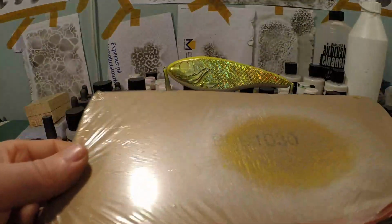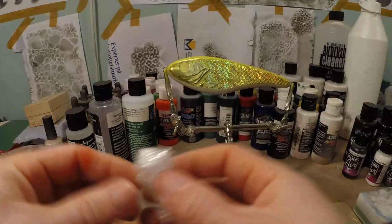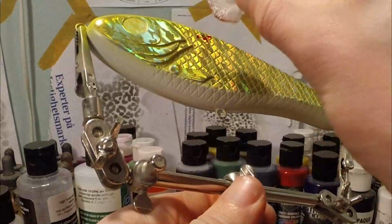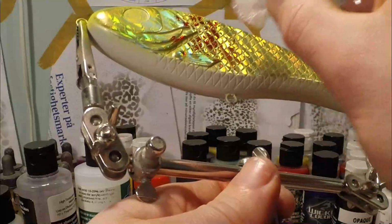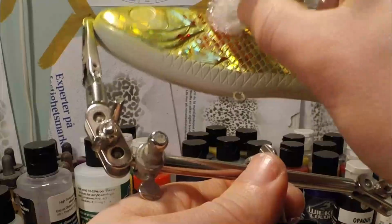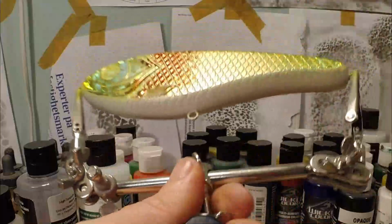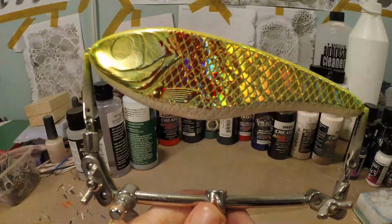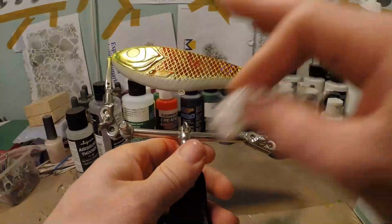Right, so first I spray some paint on this. Very heavy coat. I just dip this, and then we start. And as you can see, everything in between the scales hasn't been painted, and it also adds a little bit of texture because it's very irregular,